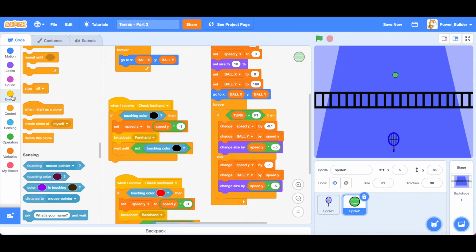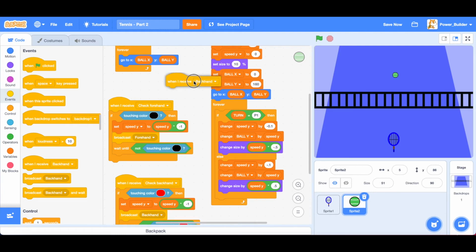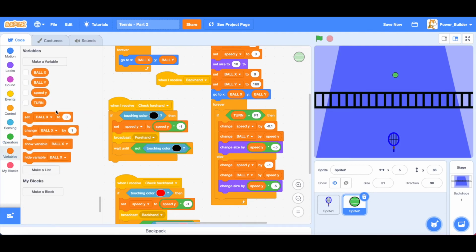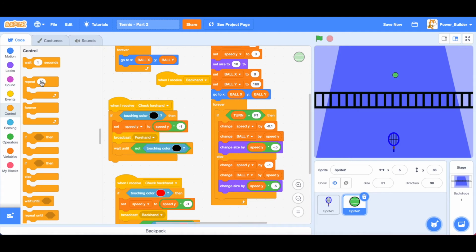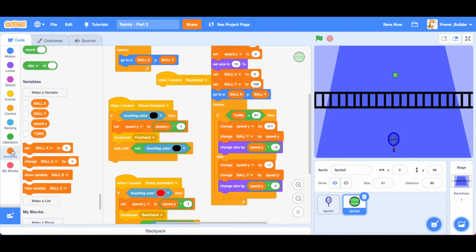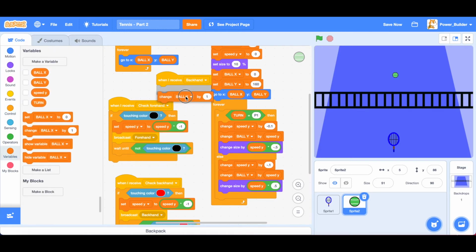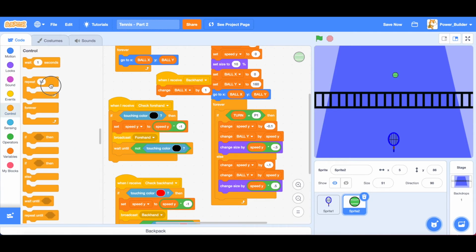Wait, when I receive backhand, then change ball x by 1 and repeat like 20, and that should be negative 1.